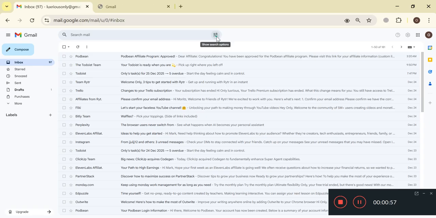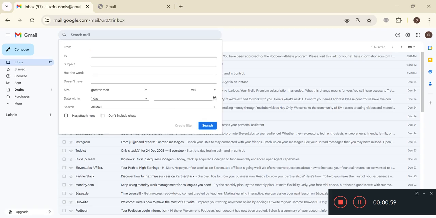Okay. So if you want to organize or filter your email, you just simply click on this three dots button. As you can see, in the filter section, you can fill in the From section, like from which person, from which email you have received, and you can also write the To person, to which person you have already sent. You can also sort the emails by the subject title. And if you know the description in that email, you can also write some words and it will automatically filter out those emails with these words. And you can also have a Does not have words option, and it will filter out accordingly.